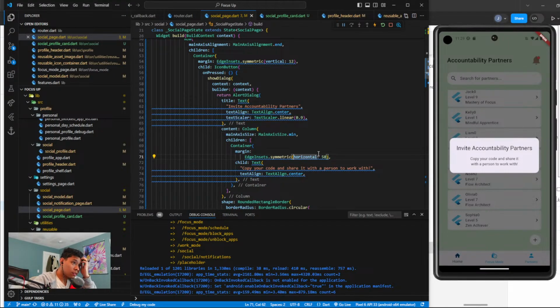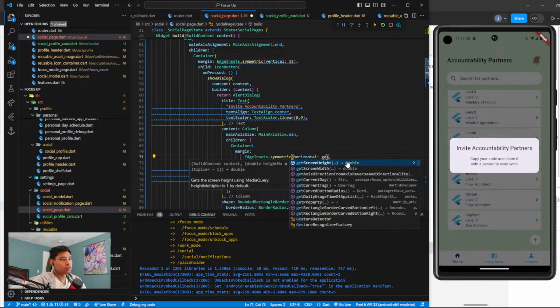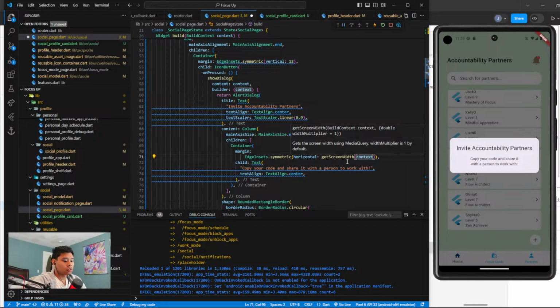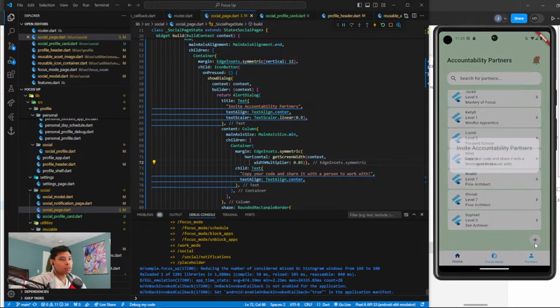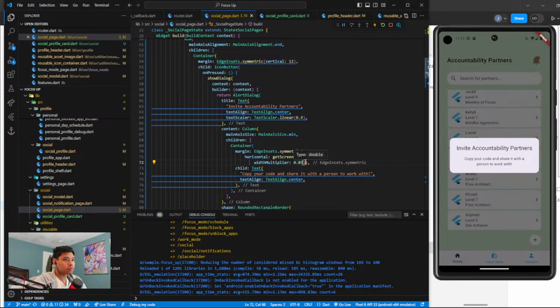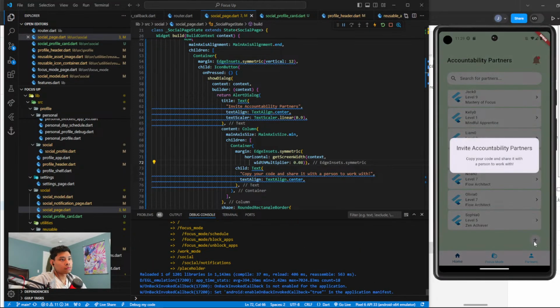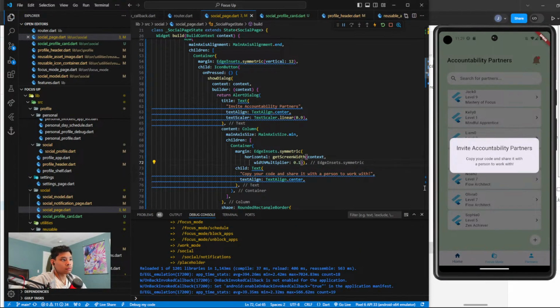Because this is the case, we should probably make this based on screen width. Okay, 0.1 works. Cool. And then after this,